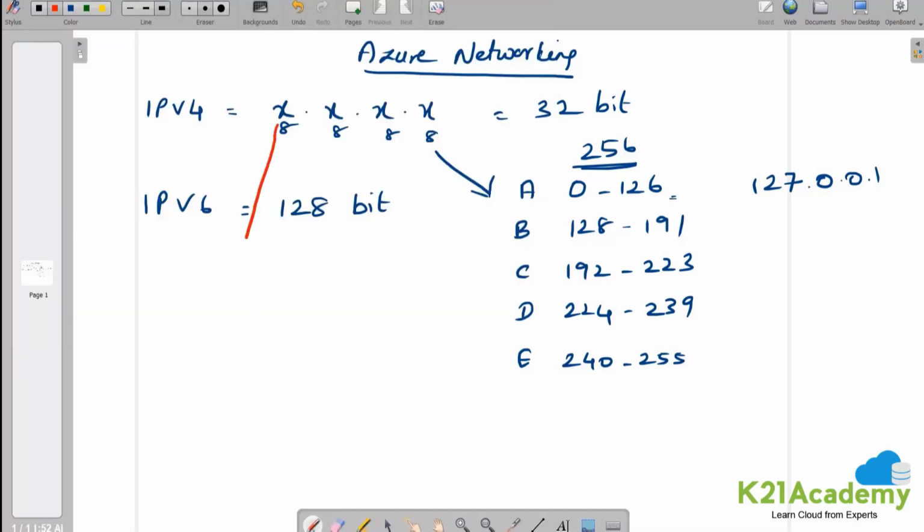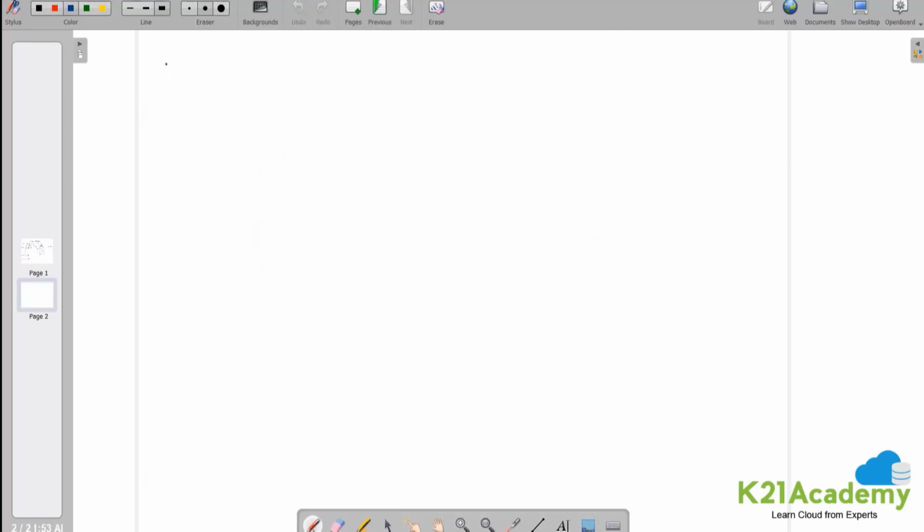Let's see, I'm taking one particular bit. It starts from 0 to 255, and the second bit also goes from 0 to 255. So the IP addressing starts from 0.0.0.0 to 255.255.255.255. So we have millions of IP address, and how are we going to classify which one to use and which one to reserve? For this, we need to understand CIDR notation,